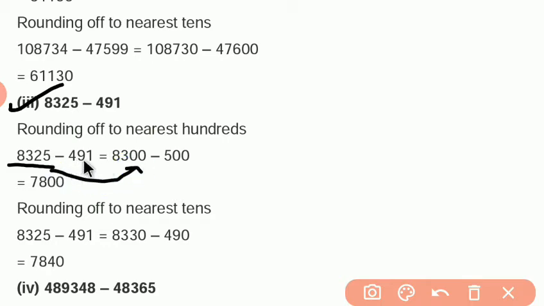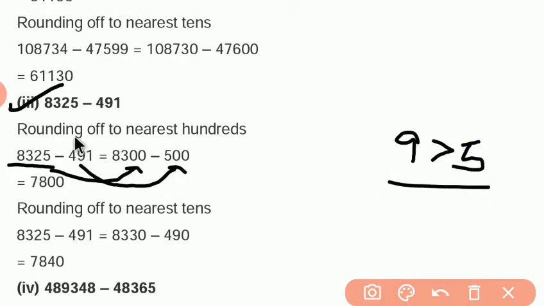Then 491. Again we have to see its tens digit. The tens digit is 9. First you have to replace 1 by 0. Then 9 is greater than 5. It means you have to increase 4 by 1. So 4 plus 1 is 5, and double 0. Now we have to minus it. So it will be as